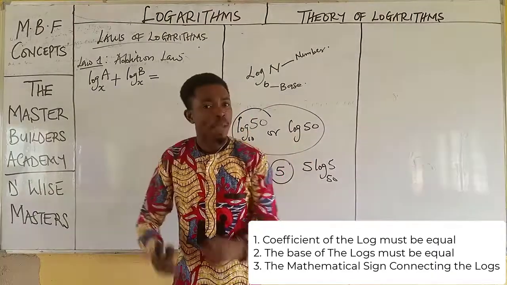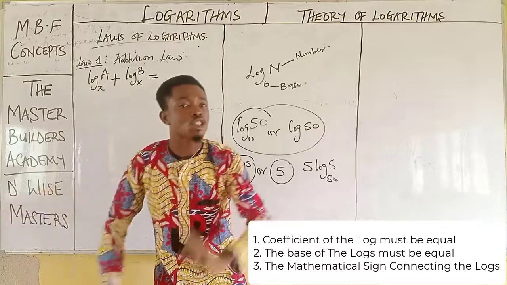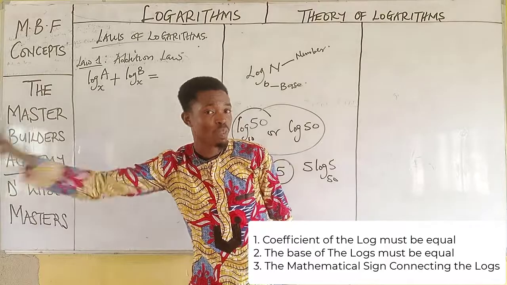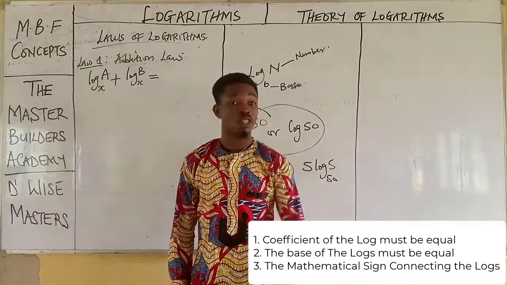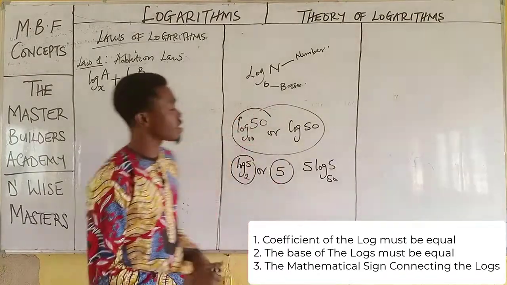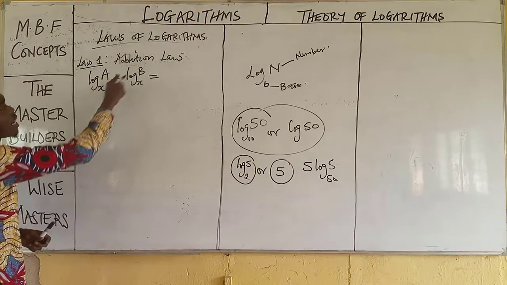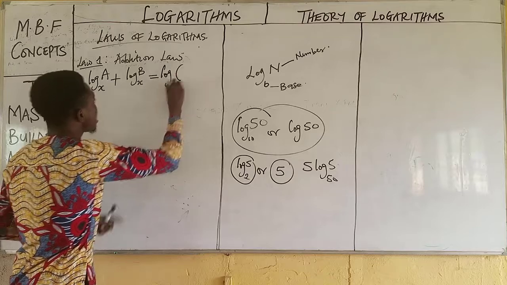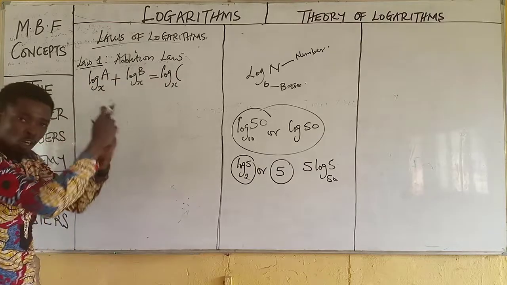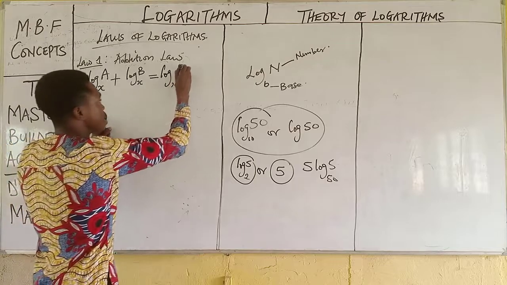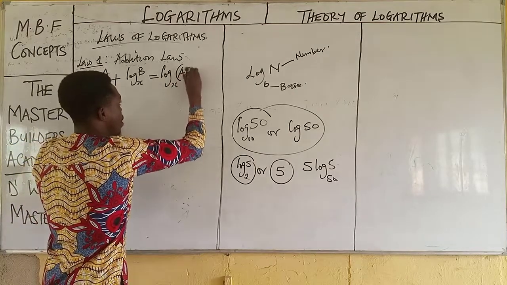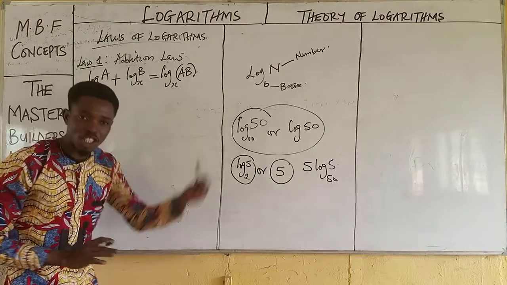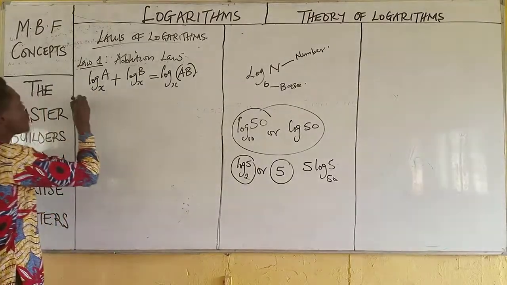Number two is that they must have common base. Then number three is that you must be able to identify the sign that connects the two or more logs of the numbers that you have been given. Are you there? Now, if this is so, I have found out that the coefficient is the same. I will pick one of the bases. Then what happens? I will now multiply the numbers, which means a multiplied by b. And a times b is ab. This is the addition law. Then we have law number two,